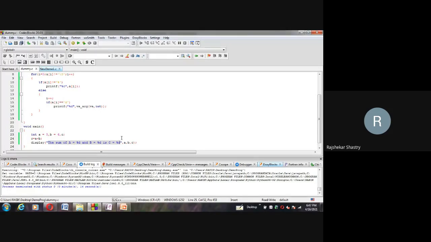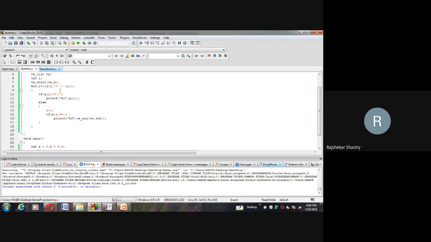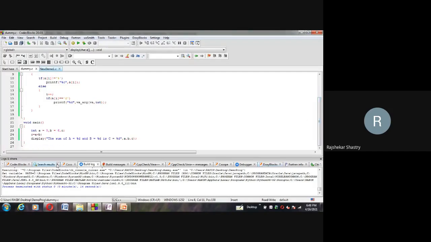By the time you read all this, we could also have fetched all these A, B, C, the remaining arguments. So simply what you have to do is read from the starting character T to the end character null. Until you reach null, you go on reading character-wise elements. This for loop is for that only. Initially I is 0. So what is the 0th character? A of 0 means the first character. What is the first character? T. Is that equal to percentile symbol?